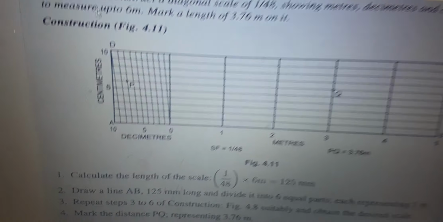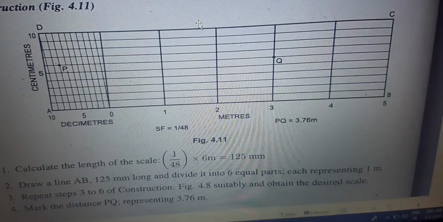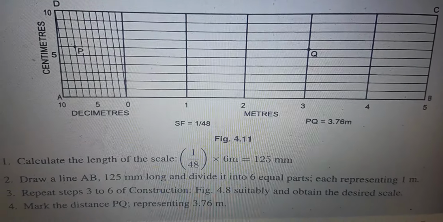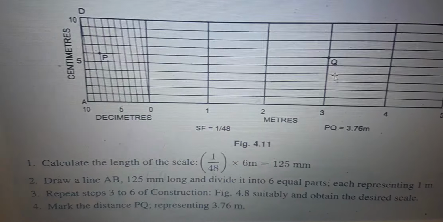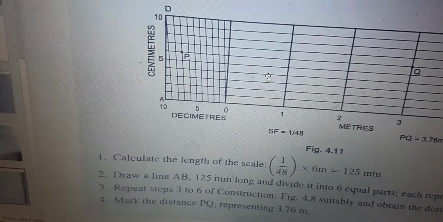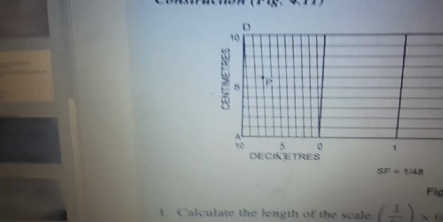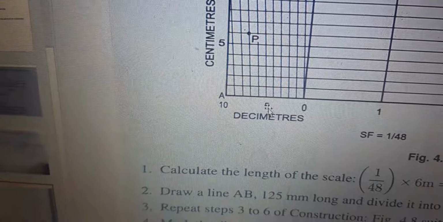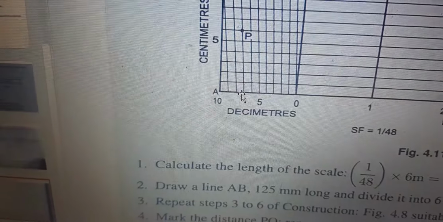So after this, now it's time to represent the dimensions. As we are asked to represent 3.76 meters, first put one point on the 3 line as Q, and next we need to look at the 7.76. So go to the first part. This line represents the fifth line, 6, this one 7th. So first select the 7th line.